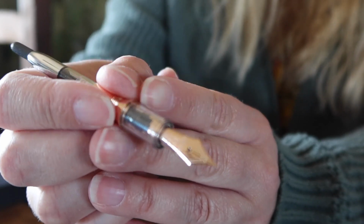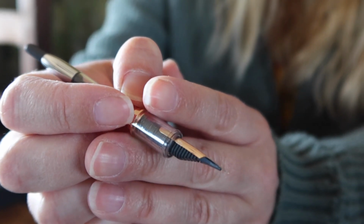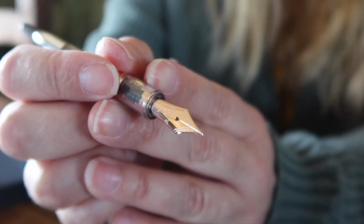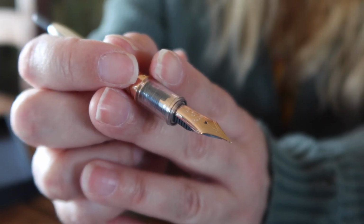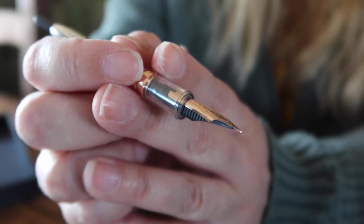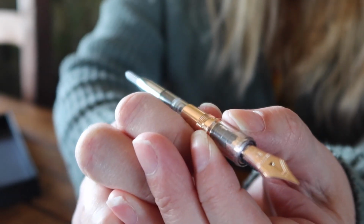My difficulty was always the fact that the nibs were too wide and I write small, so finding an extra fine nib was the priority. This is actually only fine, not extra fine. As I said earlier, the Japanese nibs have a reputation for being a bit finer, so I'm hoping that it will be fine. Oh yes, I was saying, so most of the time I did use cartridges, but when I